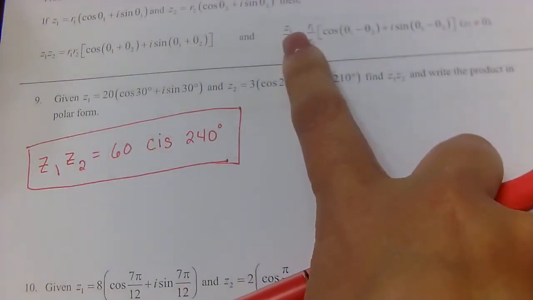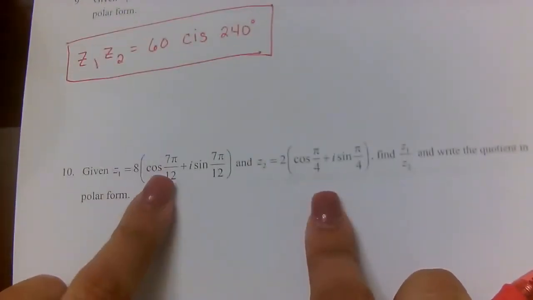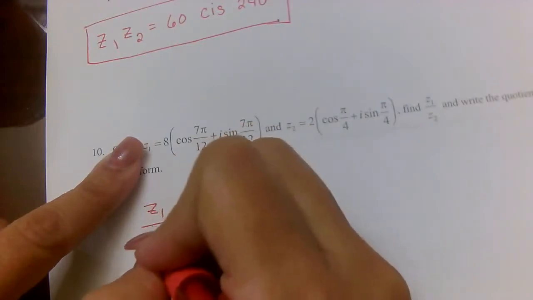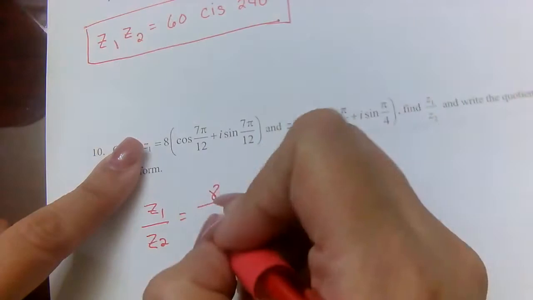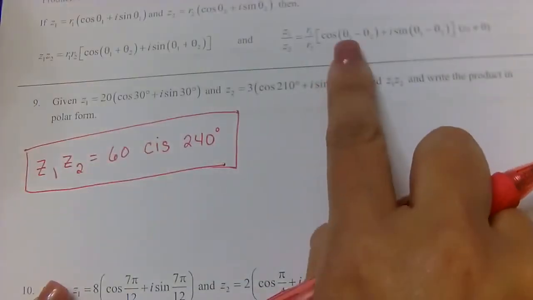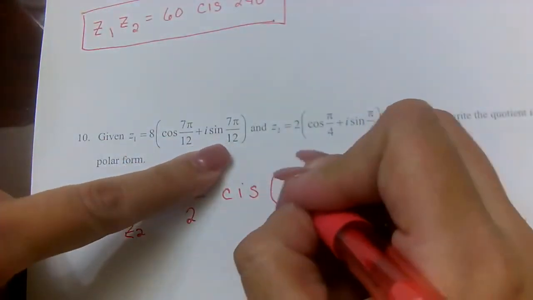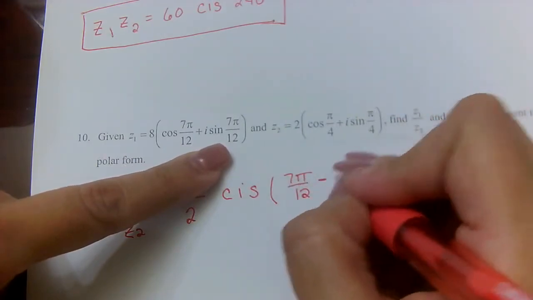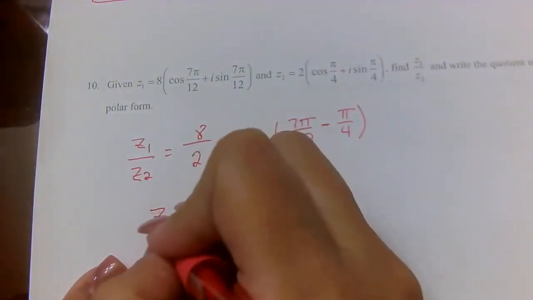Now, if z1 is divided by z2, we're going to use r1 first. So r1 goes on top, which is 8, over r2, which is 2. CIS. And then over here, we're subtracting the two angles. So I'm going to start with 7 pi over 12 minus pi over 4. Okay. So now I get an answer of